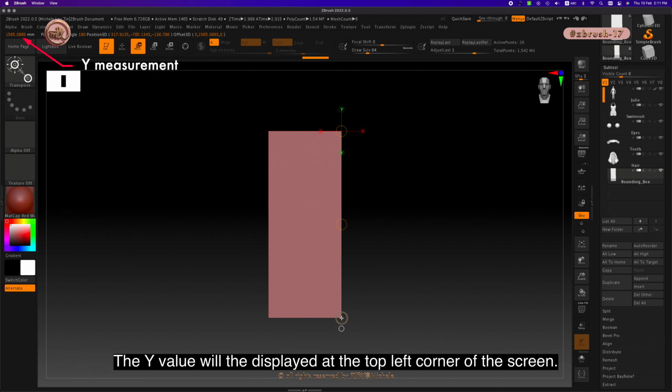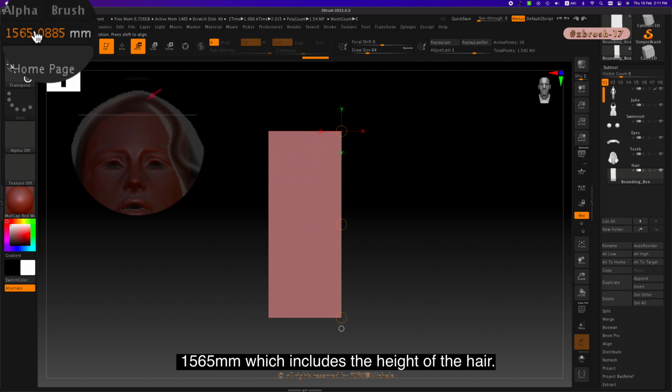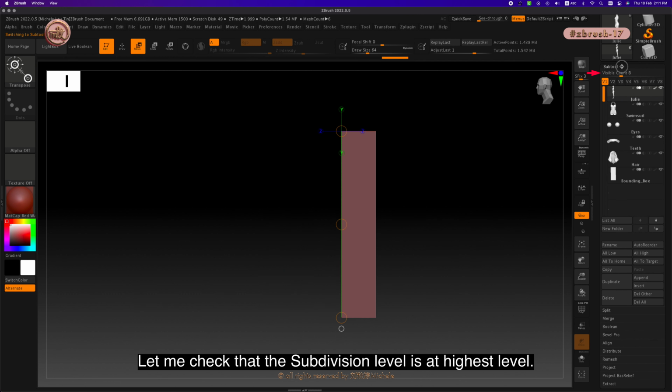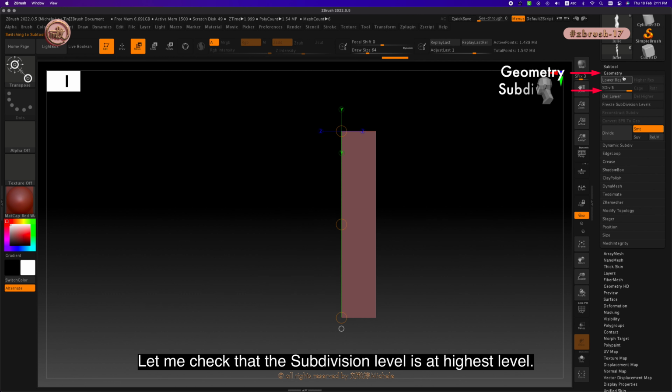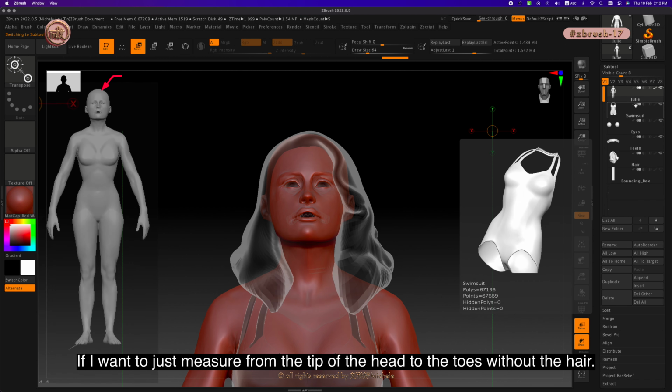The Y value will be displayed at the top left corner of the screen. 1565 millimeters, which includes the height of the hair. Let me check the subdivision level is at the highest level. Okay, it is. If I want to